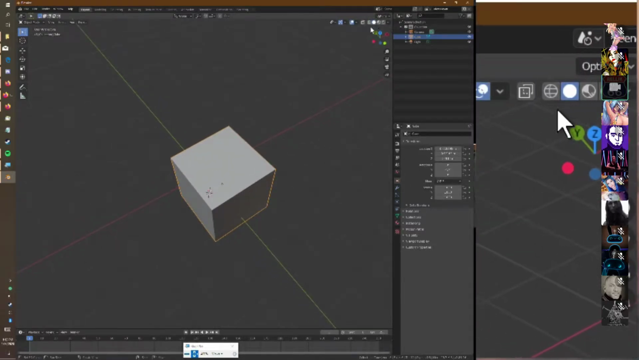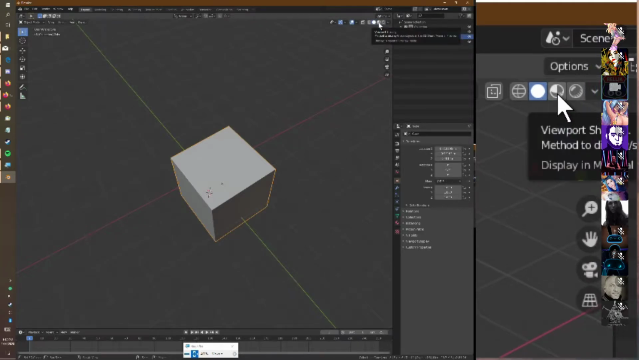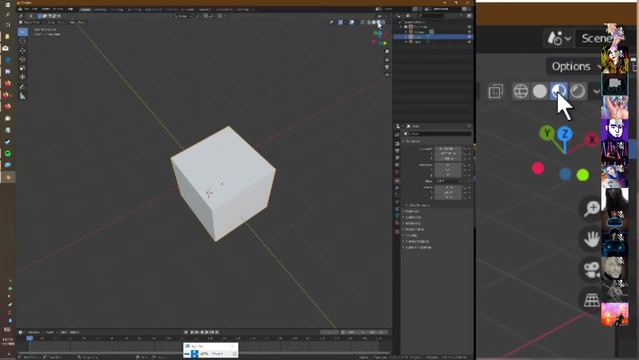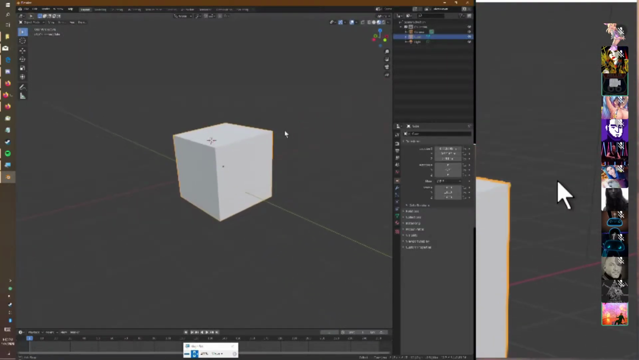This is just flat shading. All it shows is your material. This right here is, I think, just texture mode, material preview. So this just gives you